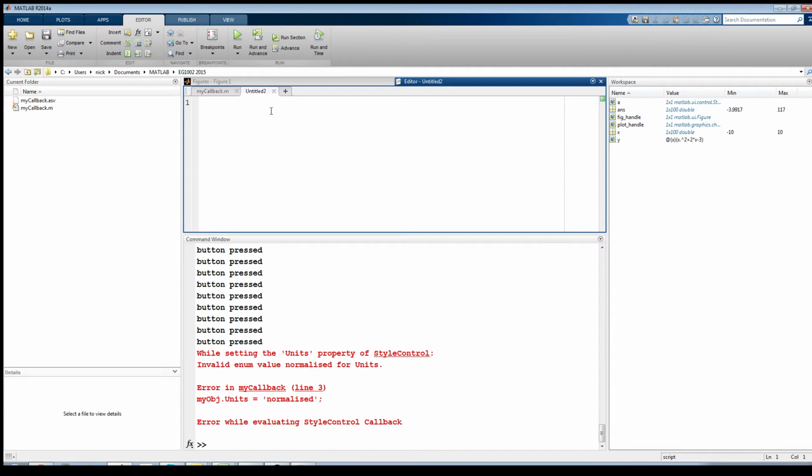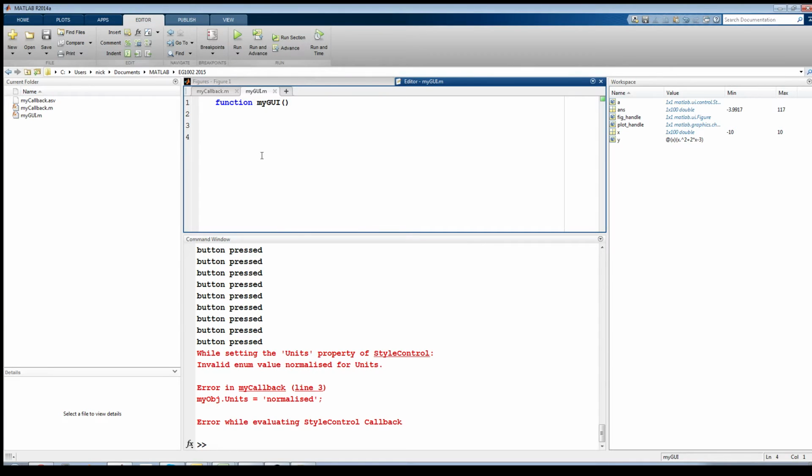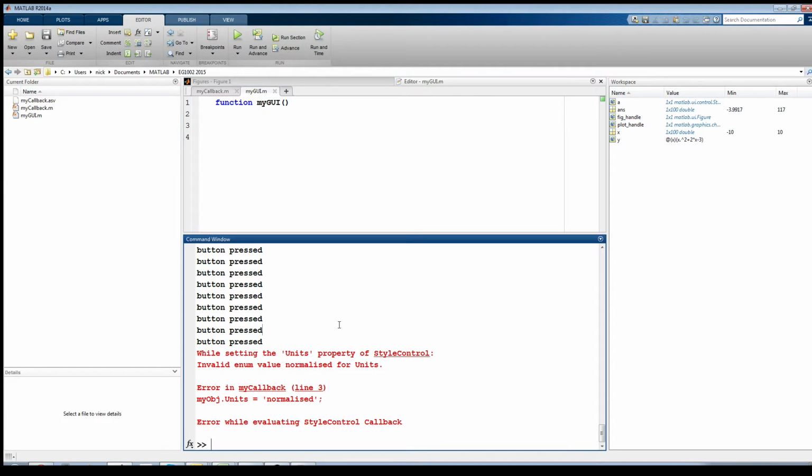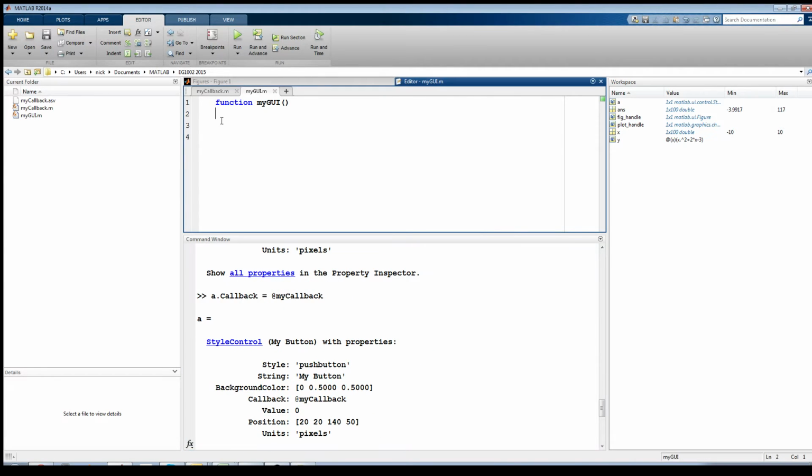So if we make a new script here, start it as a function, and I'm going to call it my GUI. It's not going to take any inputs, it's not going to have any outputs. And I'll just save this one. Basically all we have to do is take the commands that we're writing into the command window and write them inside of a script or a function, that way every time they run, they will be created. So start off with my fig is equal to figure